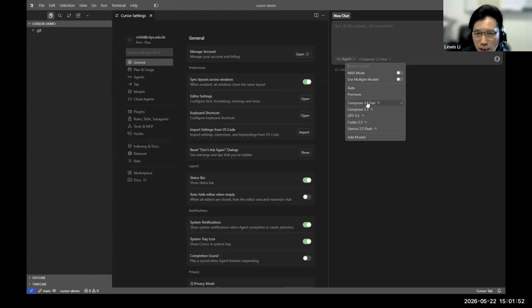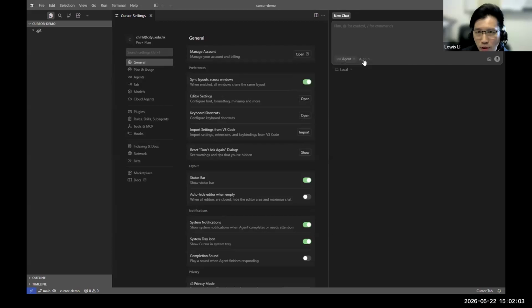And here you can see there is a list of models already shown to you, and you can also add more models here to facilitate your work. So by default, the cursor will give you the auto. Okay, auto. Auto means the cursor will select the best model for you. Of course, the cursor will not consider the price of the model. The cursor only considers how efficient the model is, or depends on their choice. So we don't know the algorithm. It is automatically selected by the cursor.